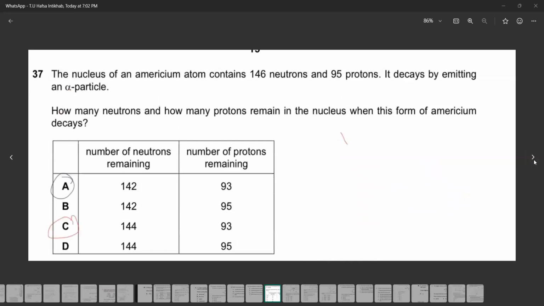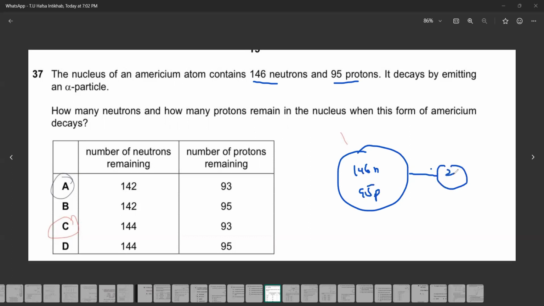Nucleus of americium contains 146 neutrons and 95 protons. It decays by emitting alpha. How many neutrons and how many protons remain in the nucleus of americium? When an alpha particle is emitted, there were 146 neutrons and 95 protons. Alpha particle means two protons and two neutrons will be released. So what we are left with,